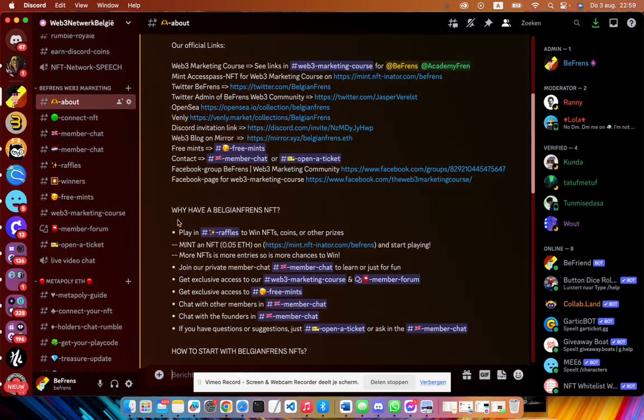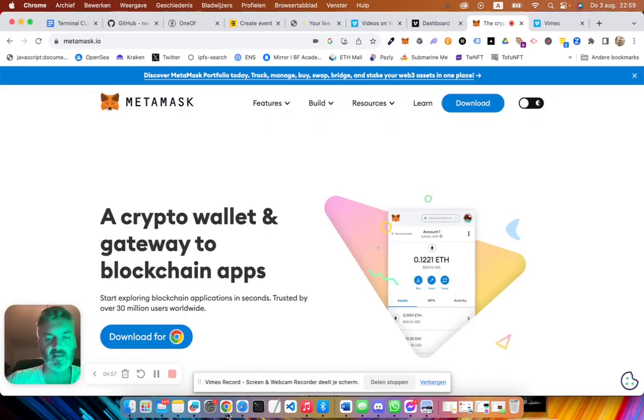Just back to the question: how do you start? As I said, you get yourself MetaMask. MetaMask is a tool that connects you, almost automatically, to Web3 apps. Often, or sometimes, if you use an app, you might not realize that you're on a Web3 app, that you're on a blockchain app.